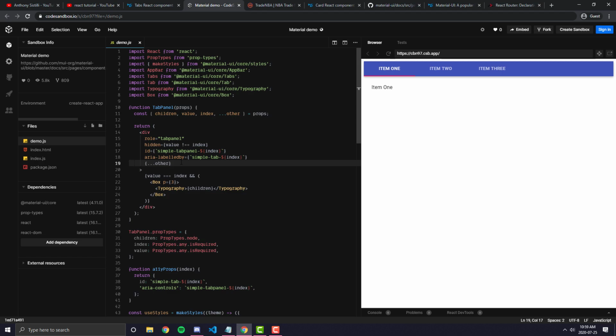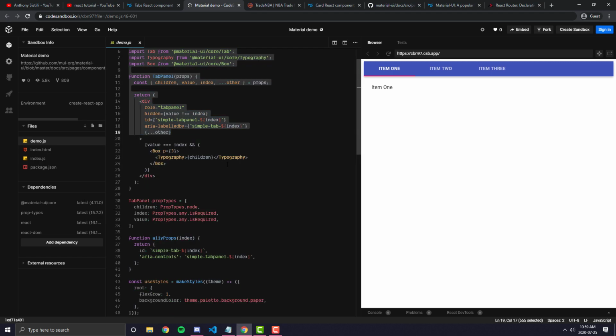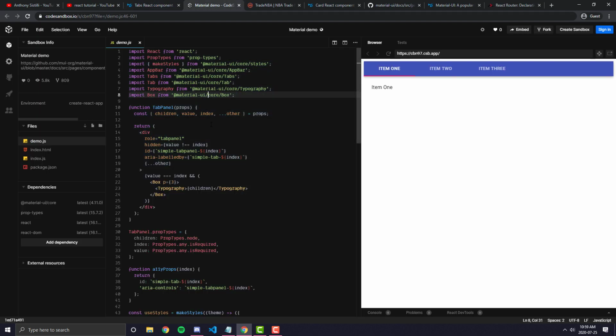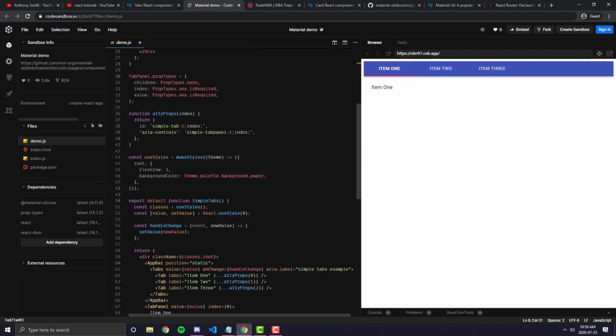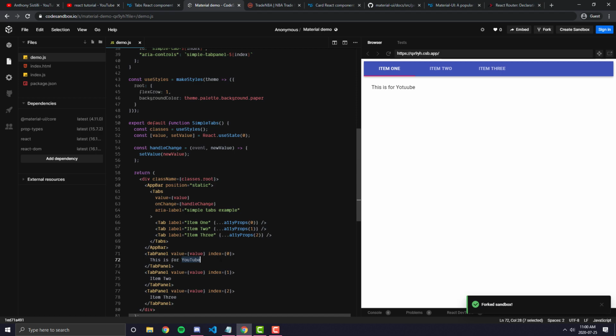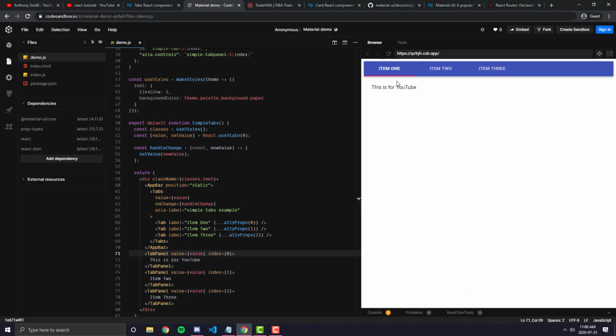And Material UI's documentation, in my opinion, is one of the best I've seen, because for every single example they have, they attach the Code Sandbox code to it. So you can click on any example you want, click on the little edit button, and it'll open up a Code Sandbox link where you can look at the code and even edit it. So for example, if I wanted to edit this from saying item 1, I could say, you know, this is for YouTube. I wonder if I spell the YouTube name wrong, if they'll penalize me in some sort of weird algorithmic way. But anyways, you can see here that